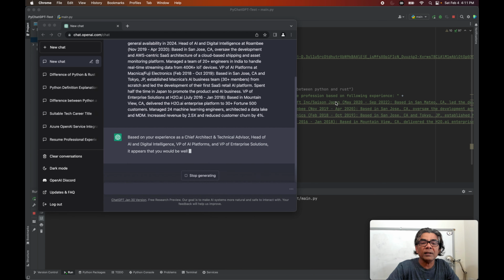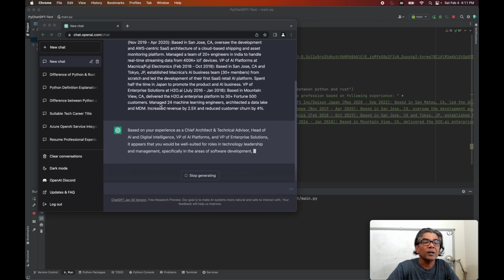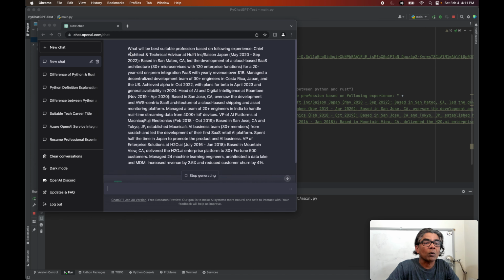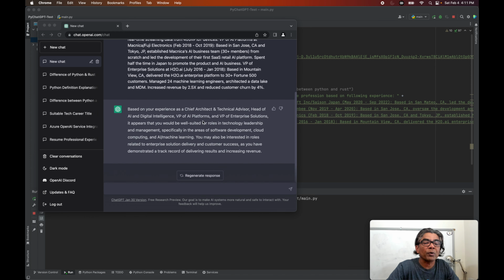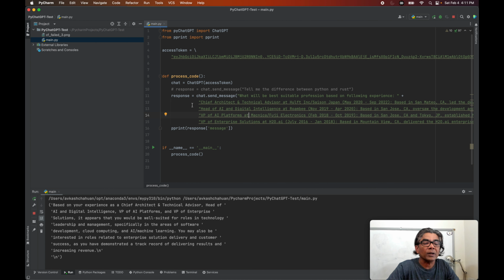So this is all the content that has been sent to ChatGPT. So here is the response coming out from ChatGPT. And as you could see here, based on your experience, you are good for certain roles such as these. So you can get an idea of how we were able to use the PyChatGPT library in